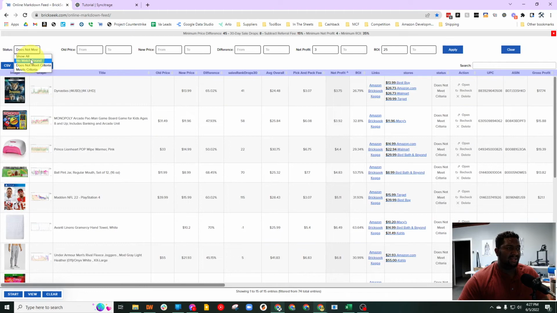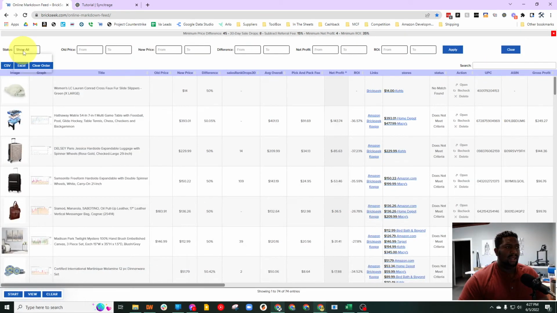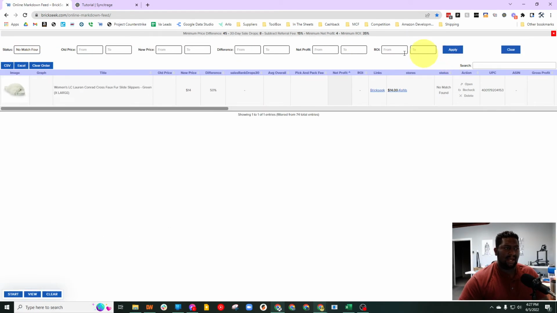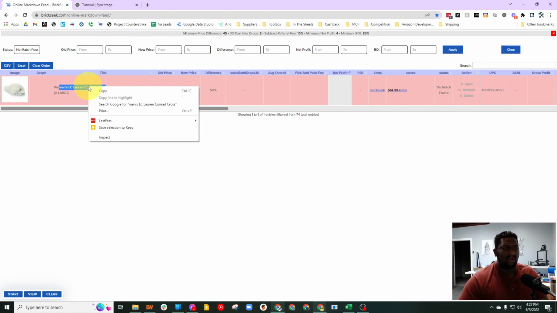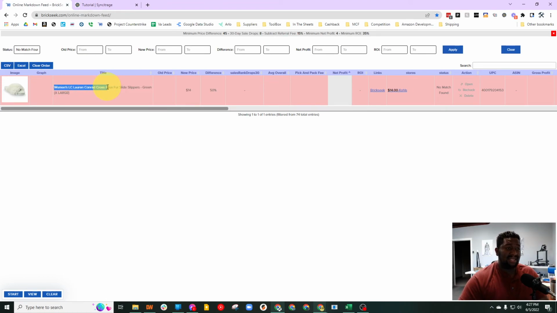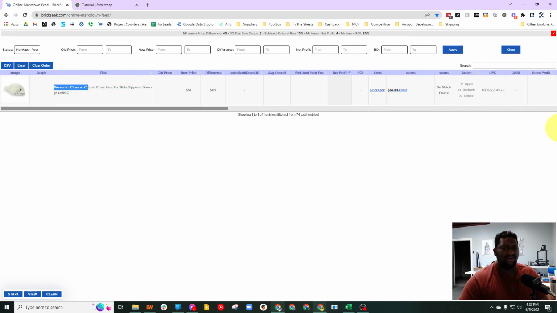Now, what about no match found? How am I making buys off of it? So let's clear this out, and then do no match found and hit apply. One thing: AsinZen, which I don't know if it's working on, yeah, it's not working on this computer, has a tool called Insight 360 where you can search the text of an item as if you were conducting an Amazon search, but on this page. And it'll overlay it with all the cool AsinZen stuff that you normally would use to make a buying decision.